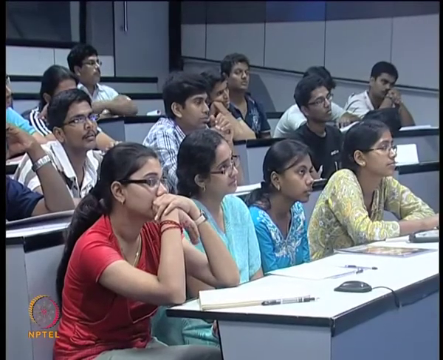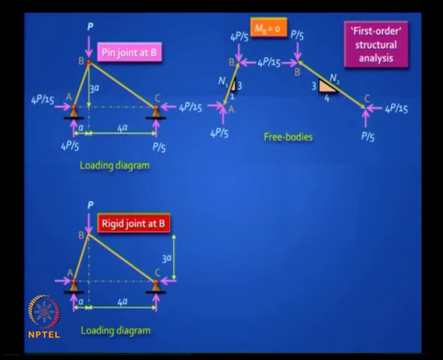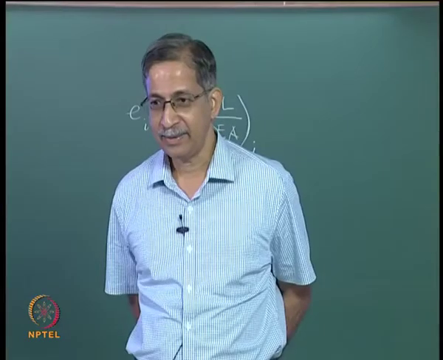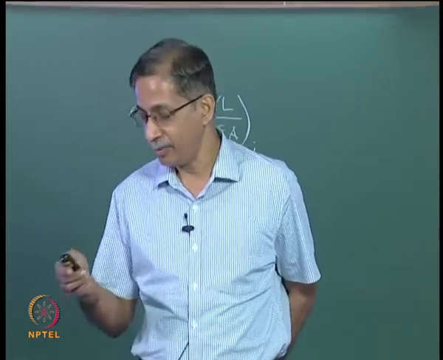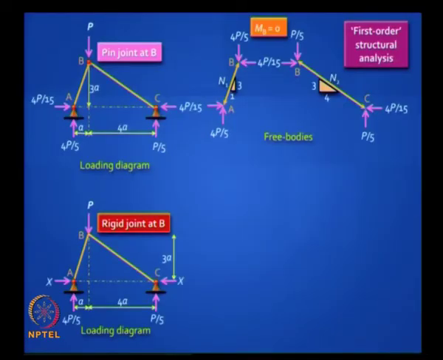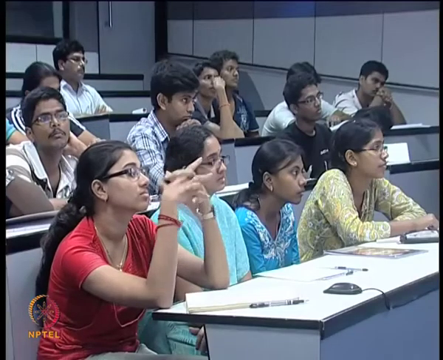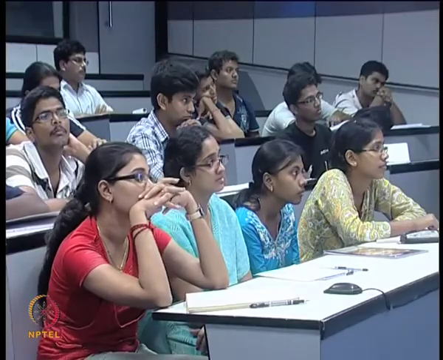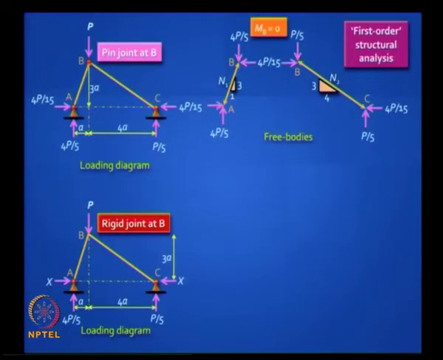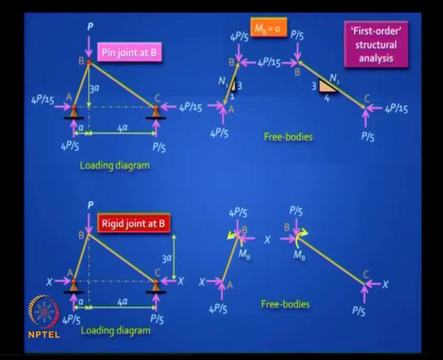You can get bending moment, because now the joint at B is rigid, which means you have a moment resisting joint, right? Now if you get a moment, then the question I wish to ask you is, well, your vertical reactions don't change, your horizontal reaction is your unknown. If you get a moment at B, is that moment going to be sagging or hogging? I have shown here sagging. Will this work? No. Why won't it work?